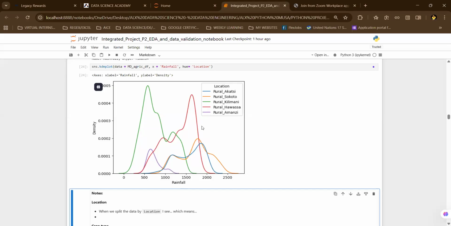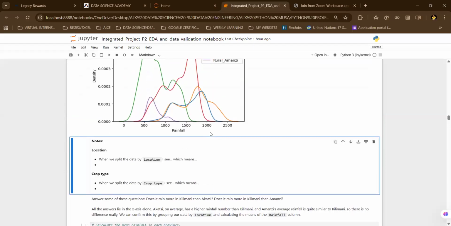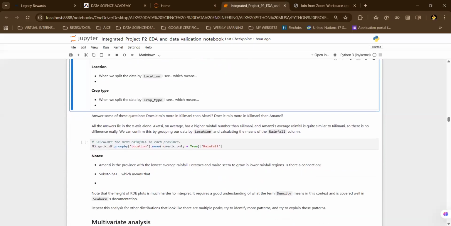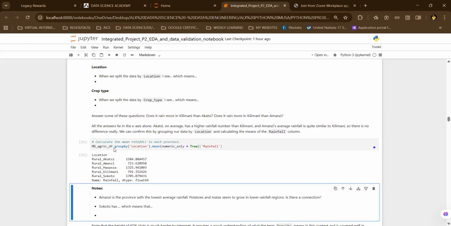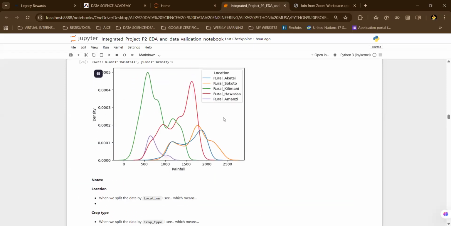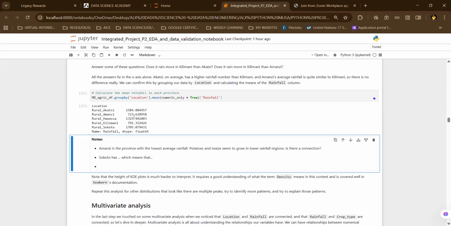So let us now do the same. We can group by location and find the mean of rainfall per location. And if you look at this, the location receiving the highest rainfall is rural Sokoto. If you look at rural Sokoto, its peak is the farthest from zero in this case, and also higher. So rural Sokoto is the one that receives the highest rainfall, followed by rural Akati, and then